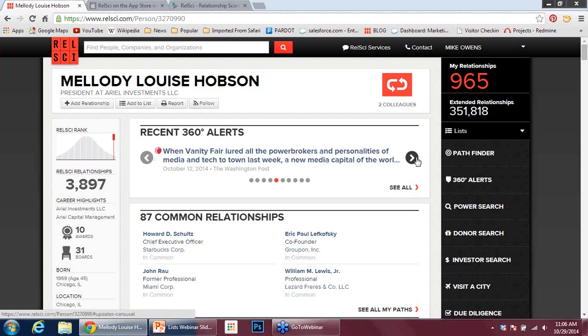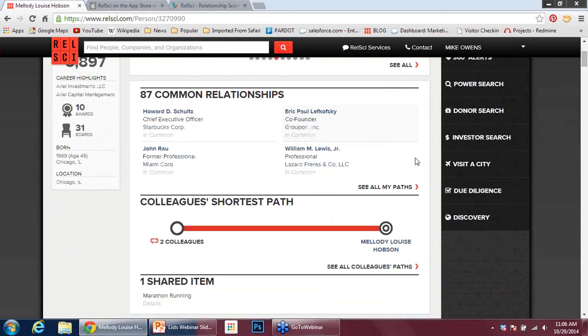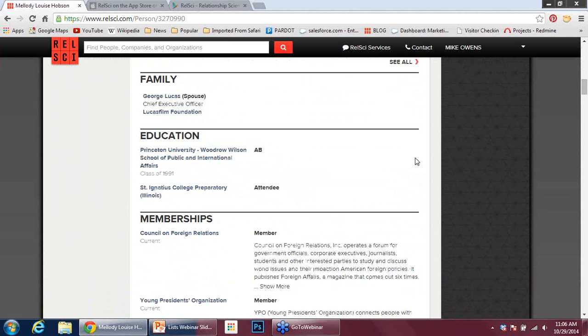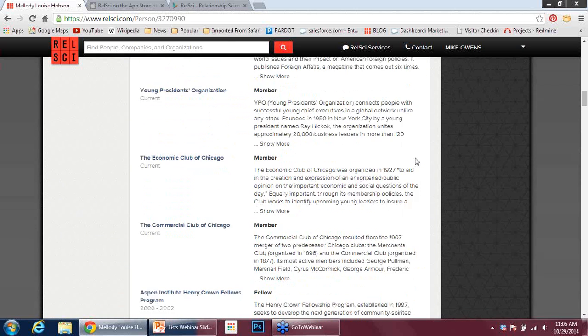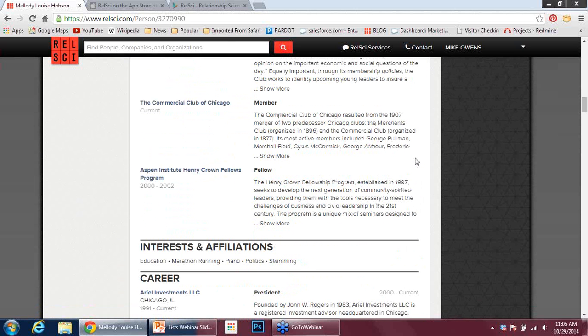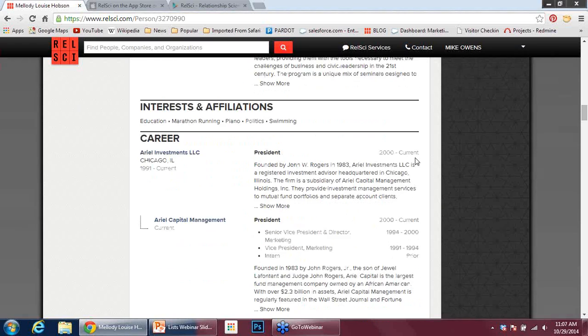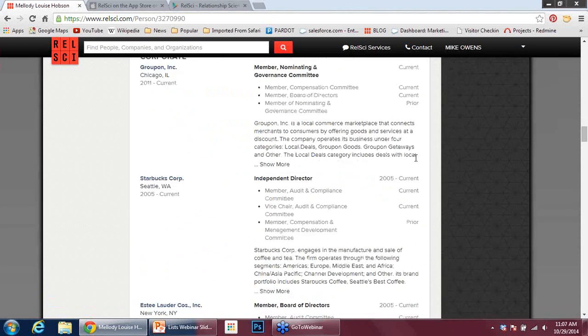Once you're on her profile, you can go through and get all the information you need on her. So I know many of you have actually gone through and looked at people's profiles before. You can see where she went to school, memberships she's a part of, her interests and affiliations. These pieces of information can be really important when you're meeting with her, bringing up commonalities that you share with her. If you may have gone to the same college, or someone you know went to that same college, or the fact that she's interested in piano. If you're interested in piano too, that's a great talking point to really warm up that conversation. And keep going down: career, boards and committees,